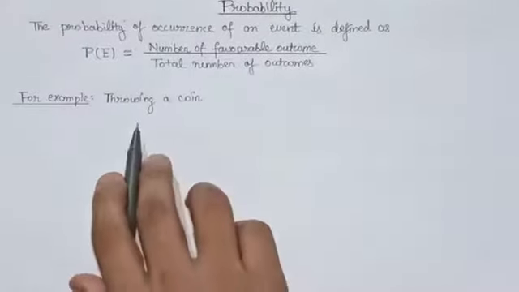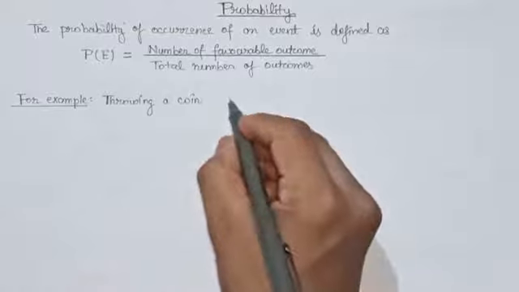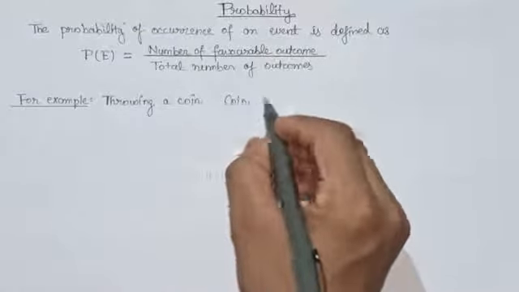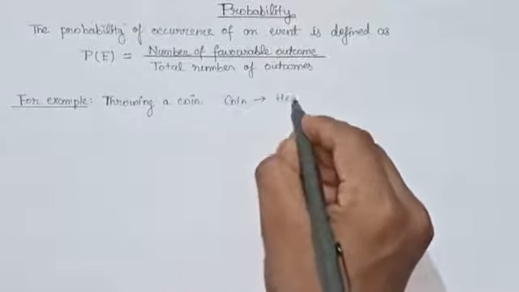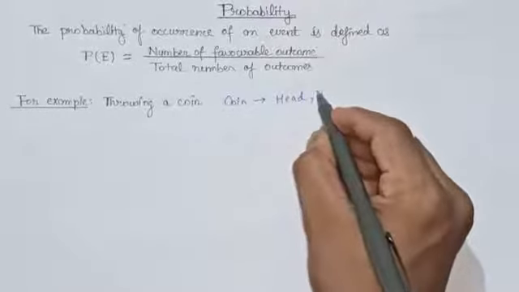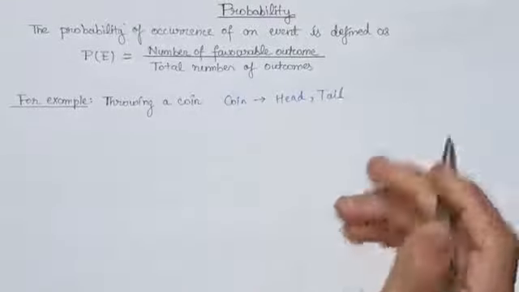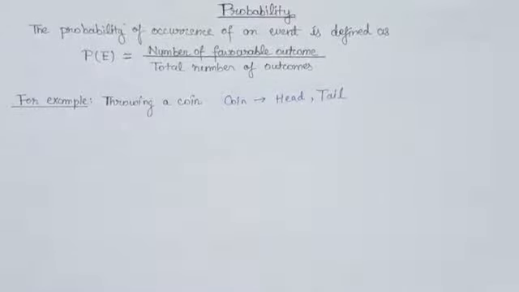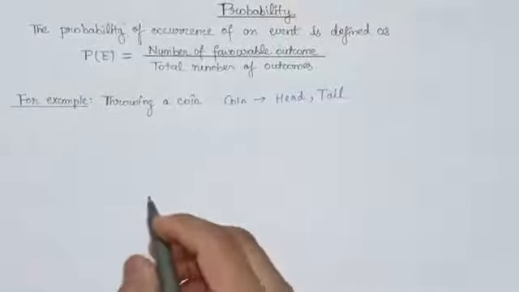Suppose we are throwing a coin. Then students, you know that a coin has two faces. On one face it is head, while on the other face it is tail. So when we throw a coin, then the favorable outcome of head is 1, because there is only one head in the coin. And in the same way, favorable outcome of tail is also 1, because there is only one tail in a coin. So we can write